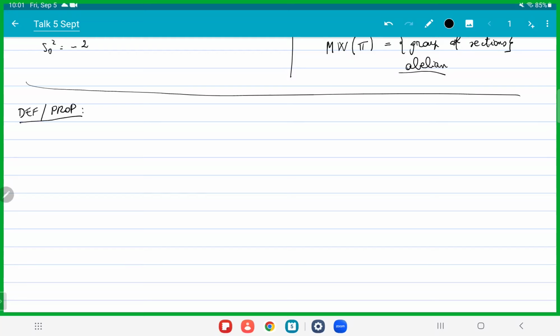Because in order to go from information about the Picard lattice to the geometry, we need to define what basically the Nef cone is, which again, you probably know, but since we're in the first part of the talk, let me just explain a couple of basic things. So if we have a vector of norm minus 2 in the Picard lattice, we call this a root.